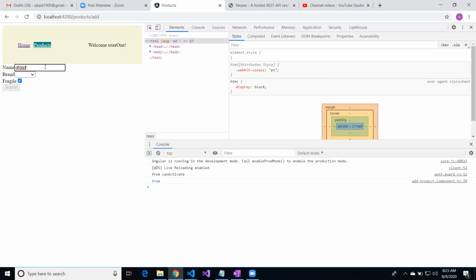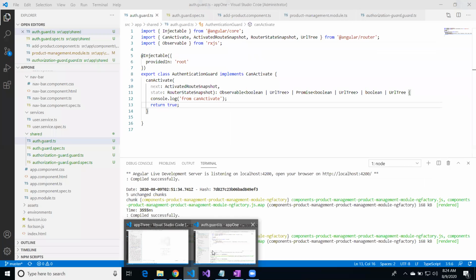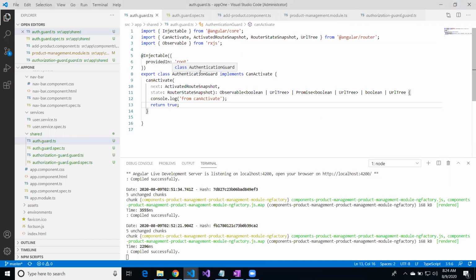But that is the purpose that we will use: when the form has some values and the user tries to navigate to some other page. I'm just deliberating about whether to include some concreteness to our activation guard instead of just returning true or false. Okay, we'll come back to that, but let's go to the can deactivate thing first, and let me stop this